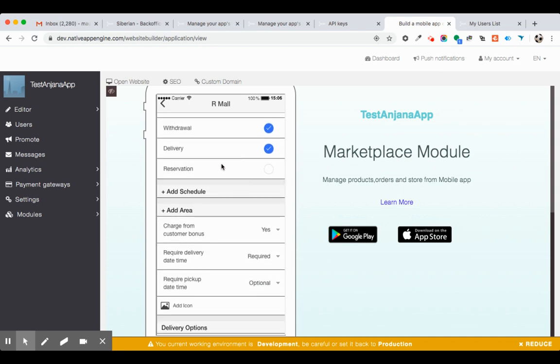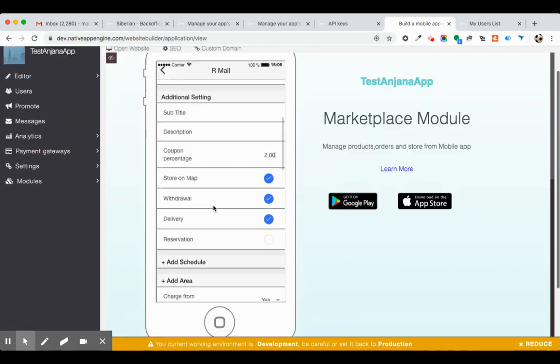And one more thing, when you create a store, we have created an approval system wherein you decide whether you want the stores to automatically go live, or you need an approval system. If you do that setting, the user can create a store and add products, but it won't be visible in the front end unless you approve it. So we have that part included. So now, as you can see, you can create a store.